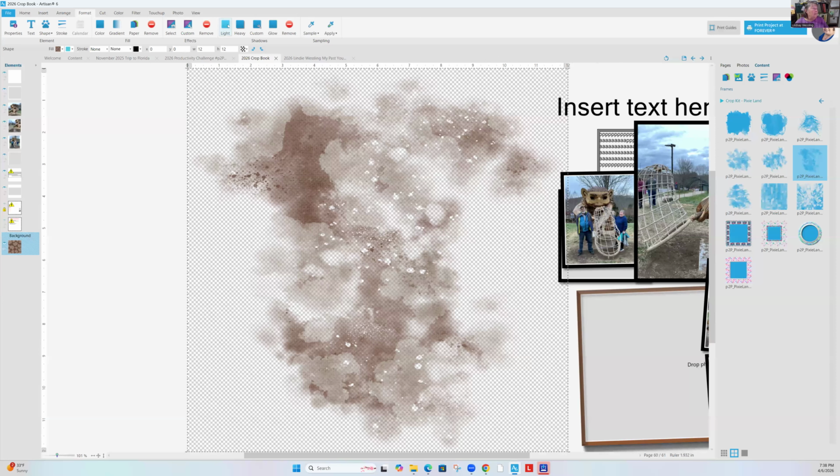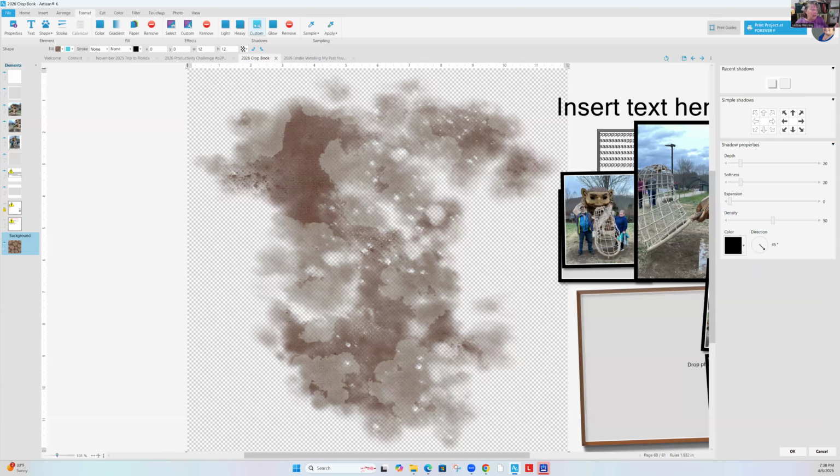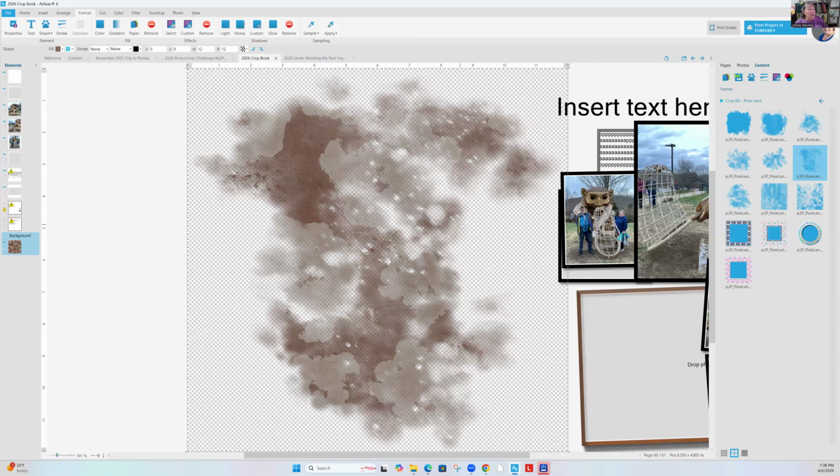Also on the format ribbon, you have a light shadow. You have just a plain old light shadow. You have a plain old ordinary heavy shadow, but then you can have a custom shadow. So the light shadow and the heavy shadow all come down from the top left down to the bottom right. Okay, that's where the light comes from. But if I want the light to go the opposite direction,